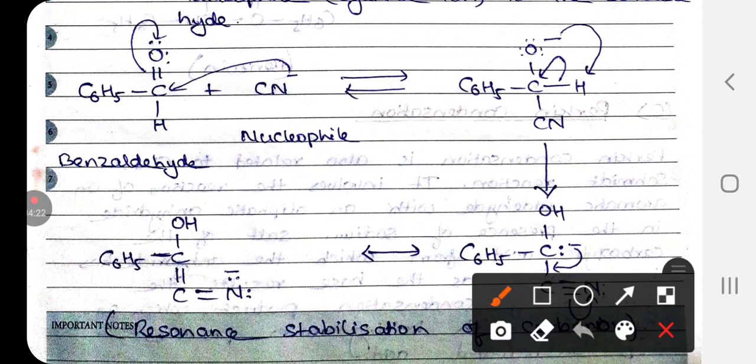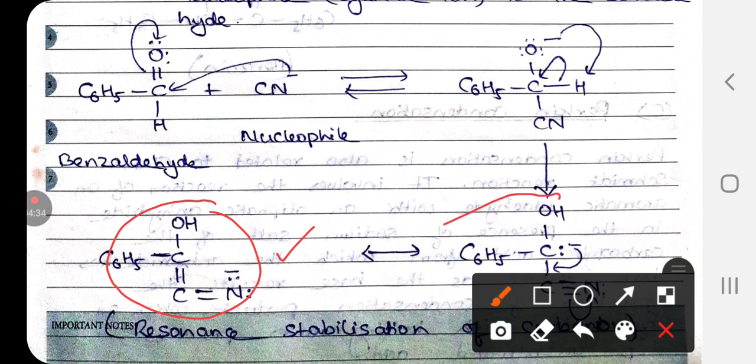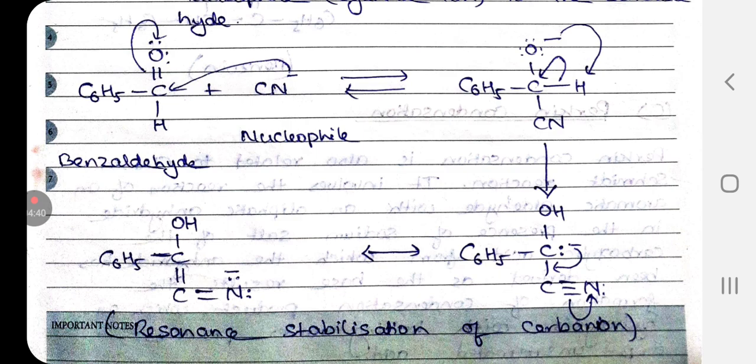This is the structure that you have obtained, and therefore we can say that this is a carbanion, and this carbanion is resonance stabilized. This is the very first part,